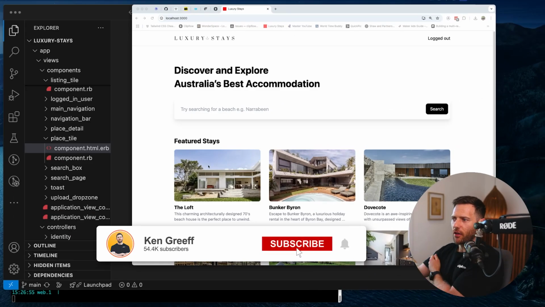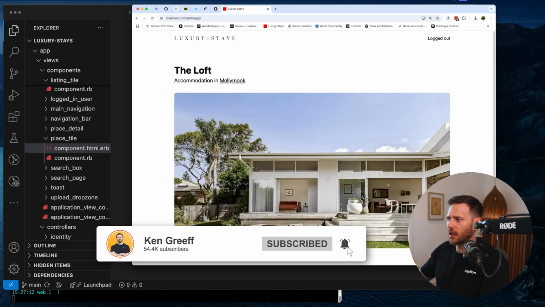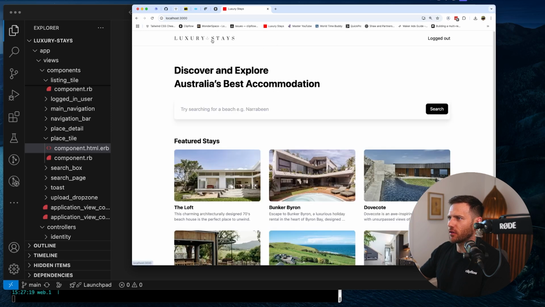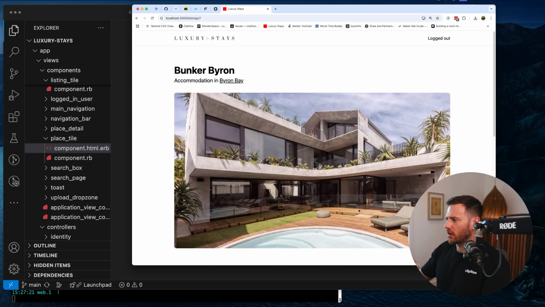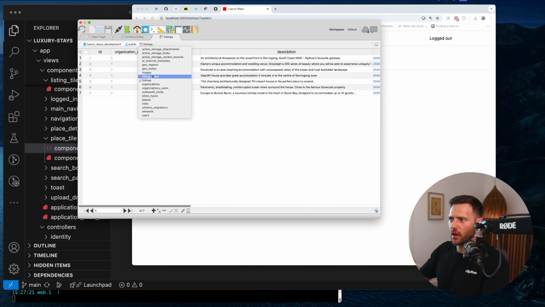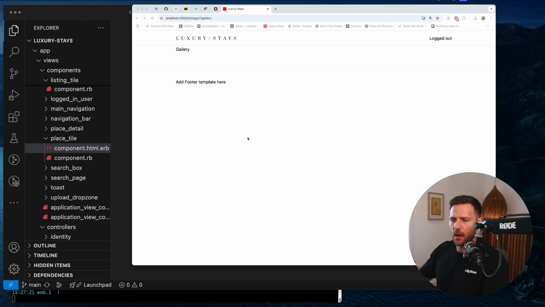All right, so today we're gonna have a quick look at jumping into a listing and going into the gallery page here, which we have done nothing on yet. So we need to come up with some ideas for that, I think. Let's have a look at Bunker. We've got some pictures. It depends now how we want to use this, but if we just have a look at our DB model quickly for images,